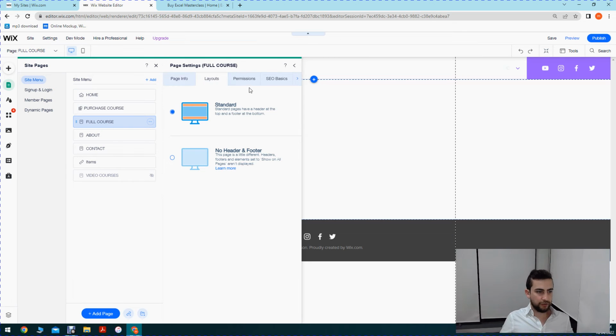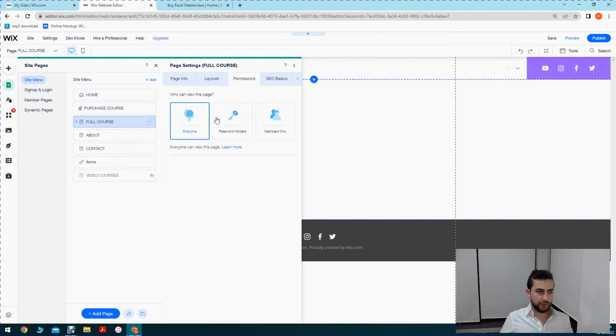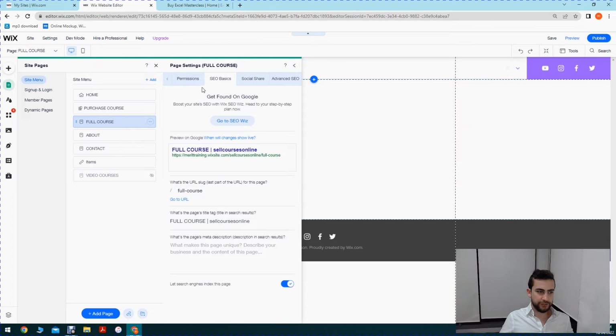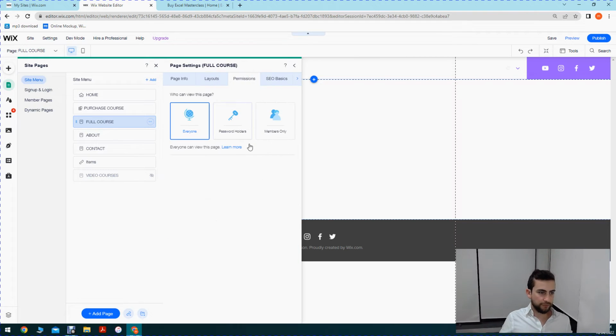And this is where you can go through and change certain settings in terms of who can access it. The SEO, which we'll cover a little bit later, is basically to improve your ranking on Google, as well as what pops up when you share it, in the name of the URL of your page and what's in the description, etc. So we'll cover all of that a little bit later. But the main point I wanted to go through with you here was this permissions page, which is how you